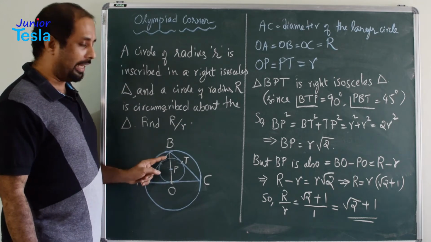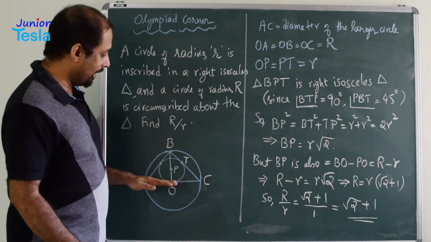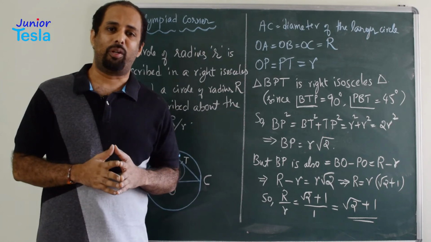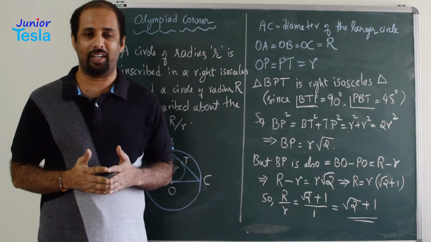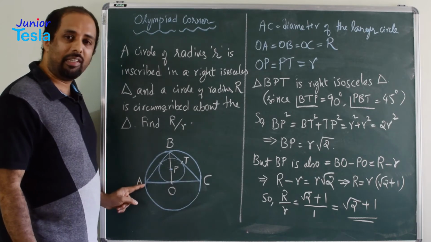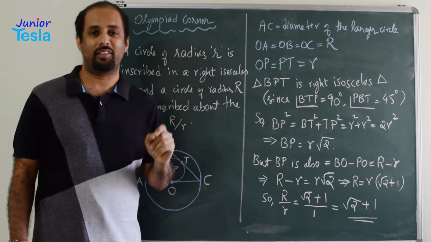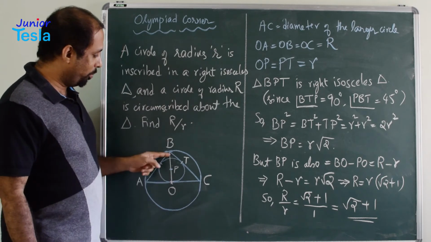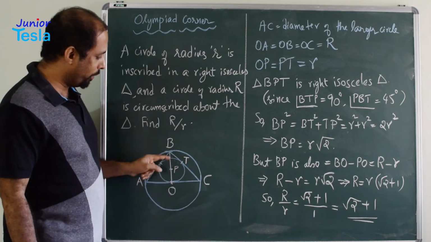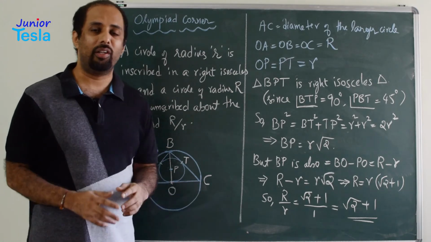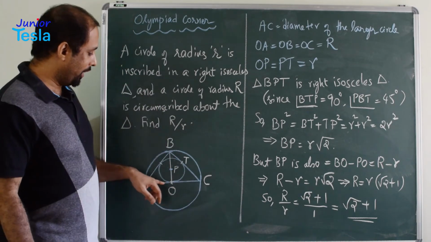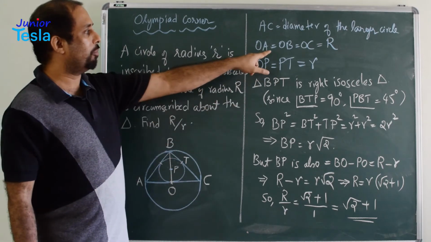Now since it is the right angle triangle, we can say that the base of the triangle and the diameter of the larger circle both are the same, because angle in a semicircle is always a right angle, right? So here the base of the triangle AC is also the diameter of the larger circle. Then we have taken OB, we have connected the point B to the center of the circle O. So BO, AO and OC, all the three line segments are equal. They are the radii of the larger circle, capital R. So OB equal to OA equal to OC equal to capital R.